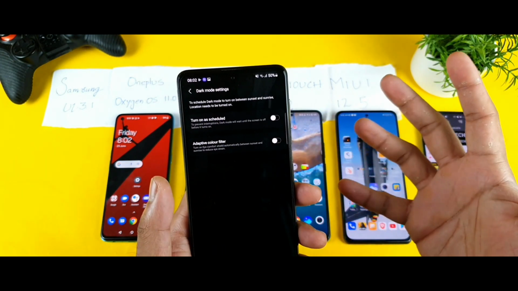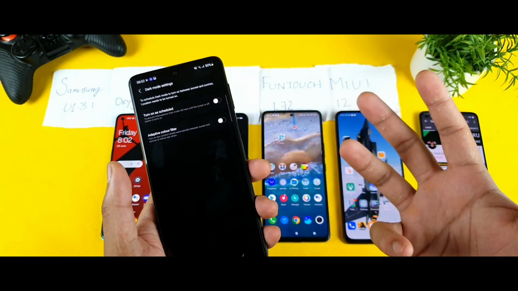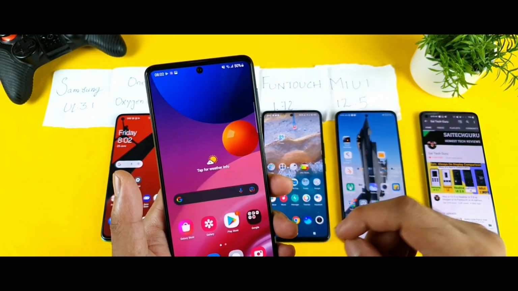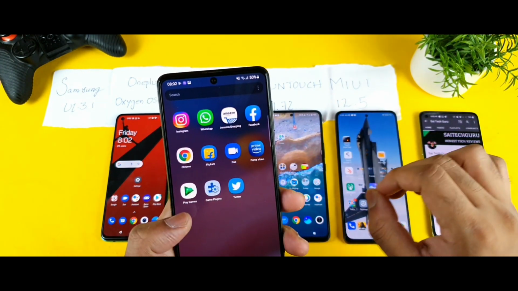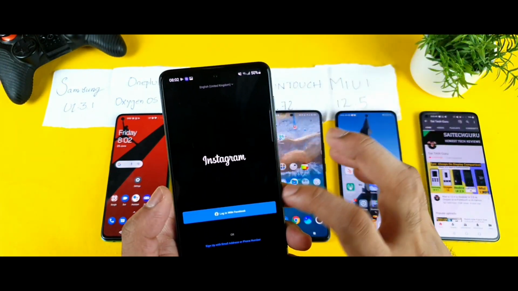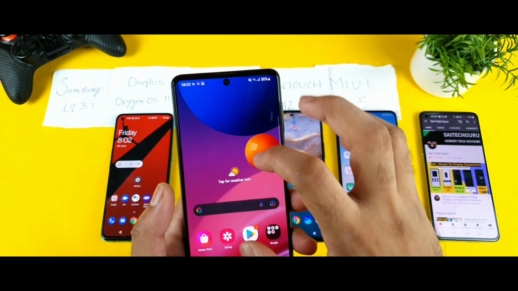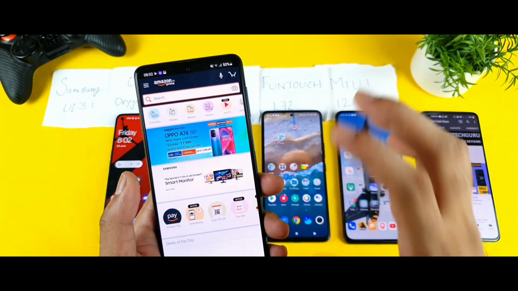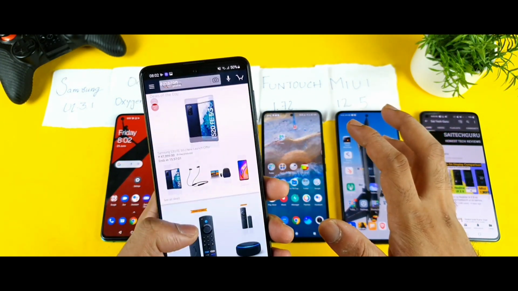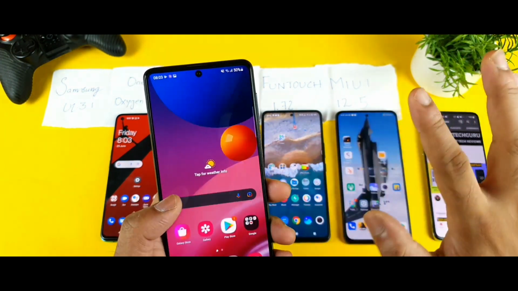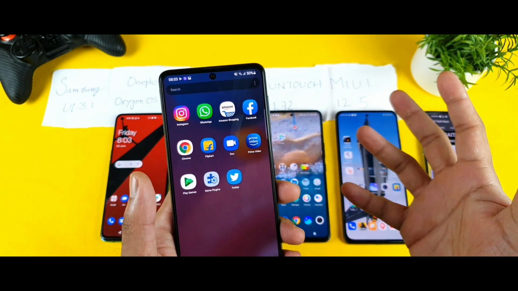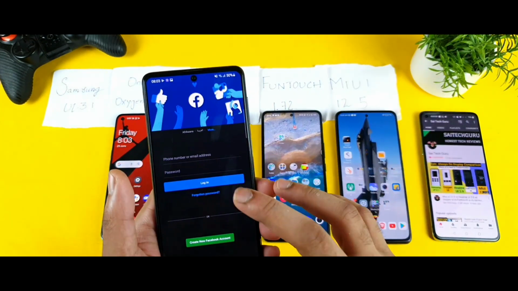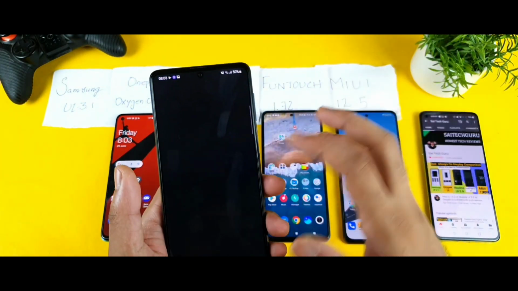Apart from that, you don't get any special features in One UI, nothing. There's only one option, which is a schedule. So let's open a couple of applications and test as normal. Instagram is working in dark mode, as you can see directly, and WhatsApp is also working, but the Amazon application is not working. Amazon, no, it's not working, sorry. I know no one will be using dark mode on Amazon, but just out of curiosity, I'm testing a couple of installed applications to see whether the dark mode is working or not.